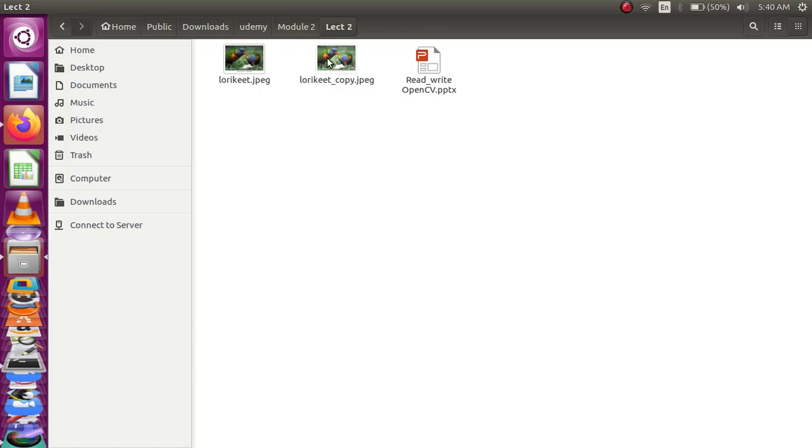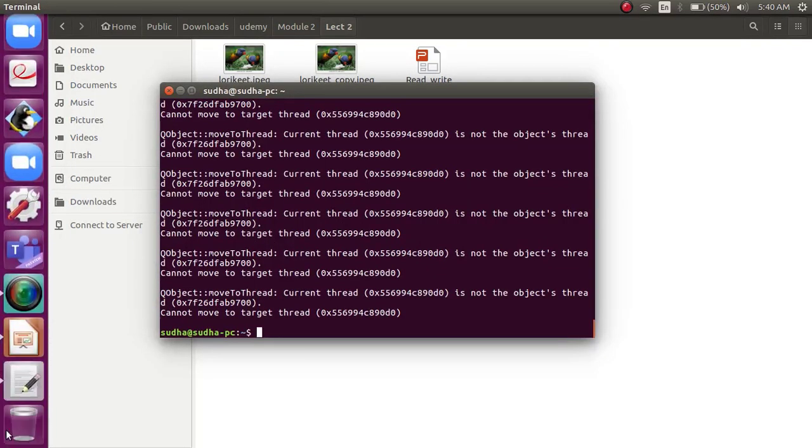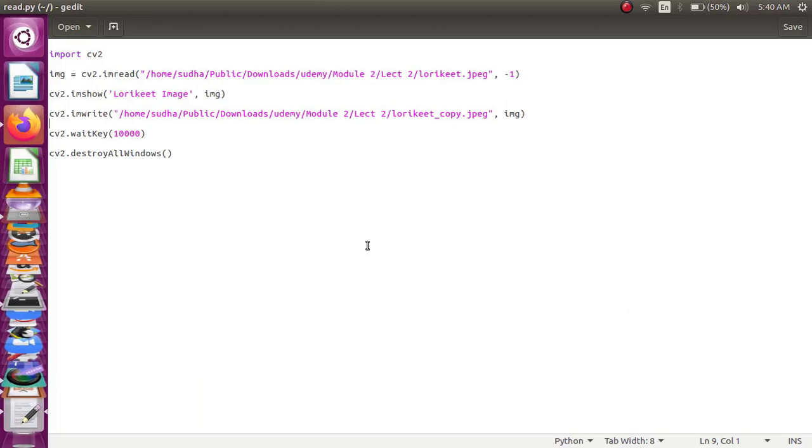Let's do some other operation in our code. So what we have done? We have read the image, we have displayed the image, and we have written the image to our path. Now let's do some operation over these commands.